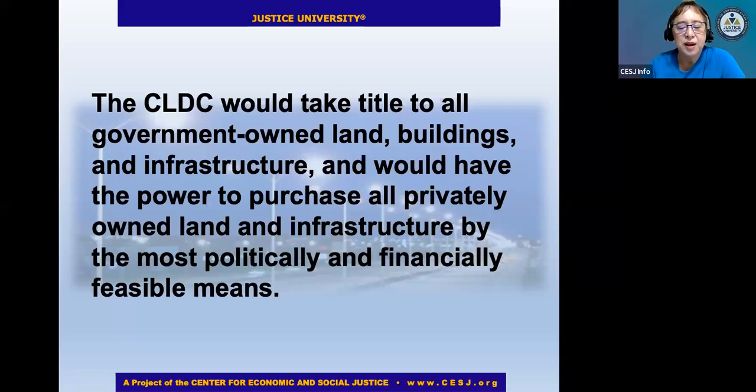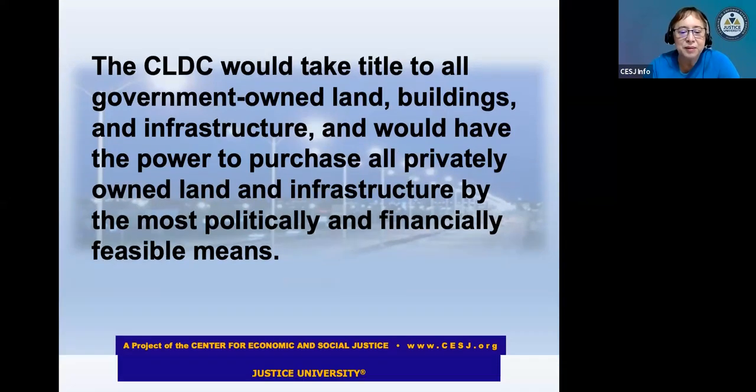And the first step would be for whatever land is owned by the government, whether it's local or state or national, would be transferred free to the CLDC, because we're saying, okay, if the government owns it, doesn't the government represent all the people? So this is just connecting the people to ownership more directly. But then the problem is going to remain. You may have this land, but you're going to need to spend money in order to develop it.